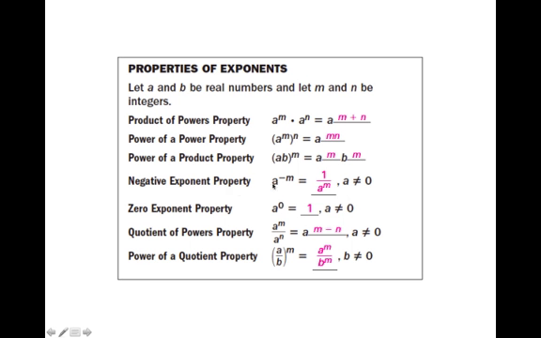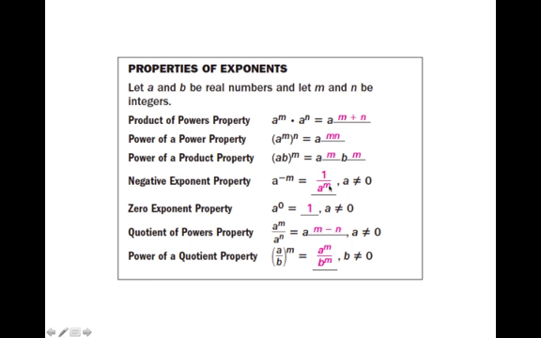The negative exponent property, a to the negative m is equal to 1 over a to the m. Actually, it's equal to 1 over a, the whole thing to the nth power, but 1 to the m is 1. So this is what it ends up being. The main thing you need to remember is that a negative exponent means reciprocal of the base. And so the reciprocal of a is 1 over a. And since 1 to the nth power is 1, that's why eventually it's going to be 1 over a to